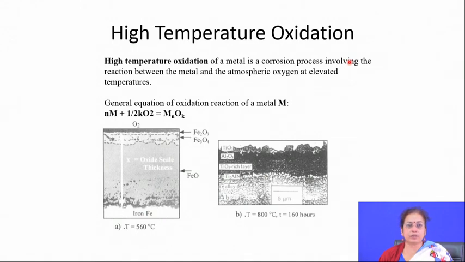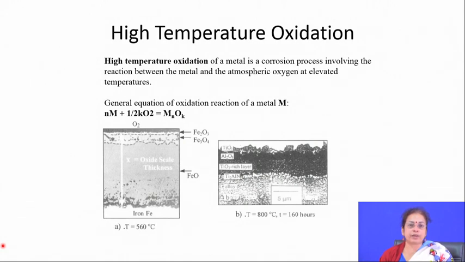So, if you quickly go through the definition of high temperature oxidation or dry corrosion, it basically occurs in the absence of aqueous media. It is a corrosion which involves the reaction between the metal and atmospheric oxygen or any other species at elevated temperature. If you look at the microstructure of the oxidized surface, you will find the formation of an oxide scale on the surface, and that oxidation is basically a diffusion controlled process,